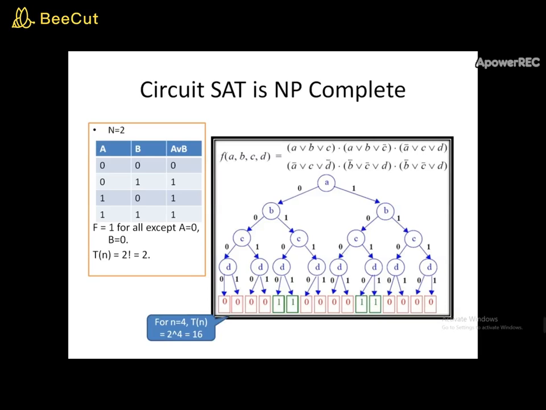slide all about. Say for example, you have just two inputs and the output is just an OR gate. As we have seen, it can only be OR gate, AND gate and NOT gate. So you'll get F equal to 1 if the conditions are satisfied, if either of the inputs or both the inputs are 1. In that case, you'll get the satisfiability as 1. So F is equal to 1 for all except when A and B are both zeros. So how many possible combinations are there? The answer is 2 factorial, which is 2 combinations.